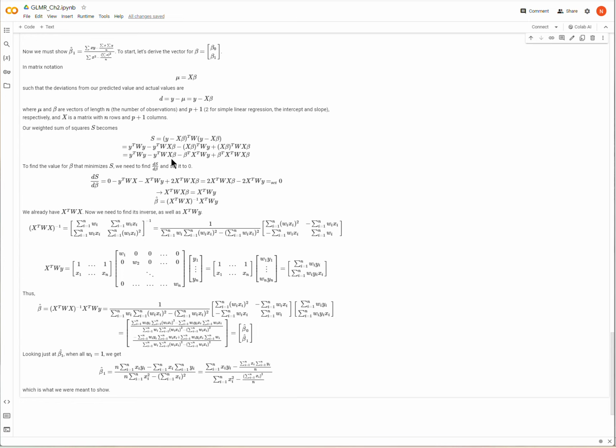To simplify this parenthetical transpose x beta, I can just take the transpose inside of that, and it converts the x beta transpose to beta transpose x transpose. So I did that here and here. Very good. Now what we need to do is take the derivative. Remember that when we want to find the appropriate beta, I need to take the derivative of my sum of squares and set it to 0. So that's what I'm going to do. My derivative of the sum of squares over beta is, I'm going to take the derivative of this